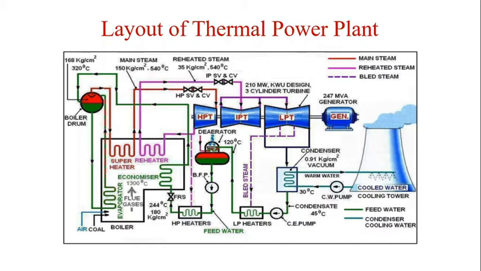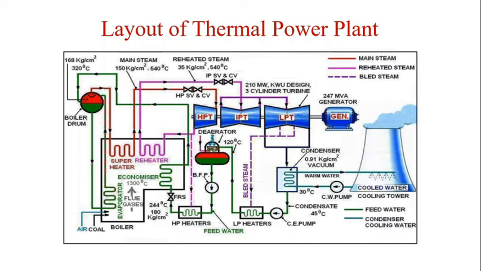The pulverized coal air mixture is burned in the boiler in the combustion zone. Generally, in modern boilers, a tangential firing system is used, that is, coal nozzles or guns fire from the tangent to a circle. The temperature in the fireball is of the order of 1300 degrees Celsius. The boiler is a water tube boiler hanging from the top. Water is converted to steam in the boiler and steam is separated from the water in the boiler drum.